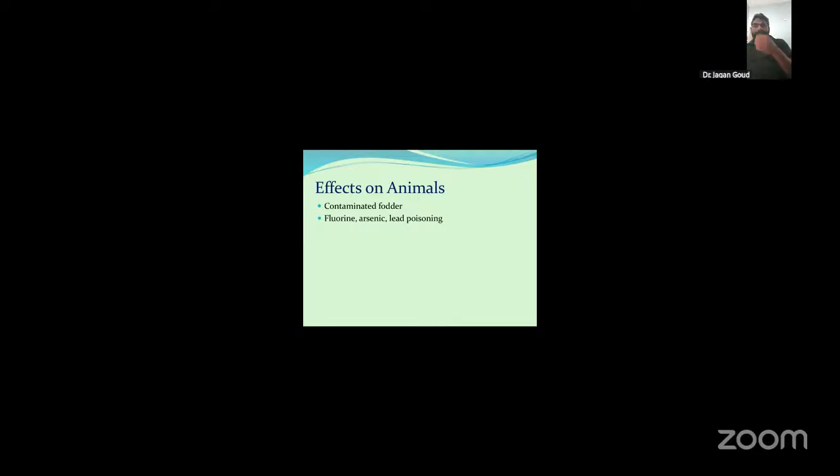Okay, last one is lead poisoning. Main sources of lead poisoning are industrial emissions, lead-contaminated dust, and battery recycling units, and historical leaded petrol residues. Entry routes are inhalation of contaminated dust and ingestion via grazing.